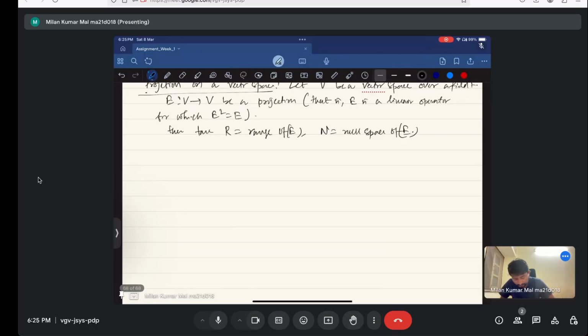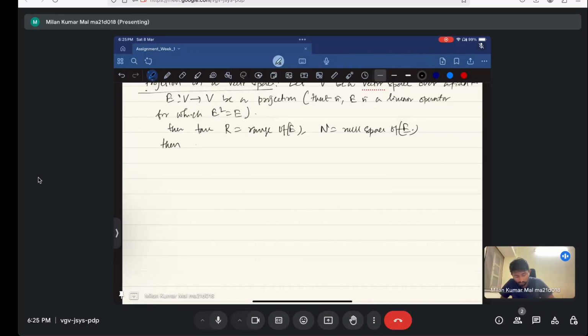Then E is called the projection on R along the subspace N. Note that R and N are both subspaces. So E is called the projection on R along N. Why do we in general call it this way? For